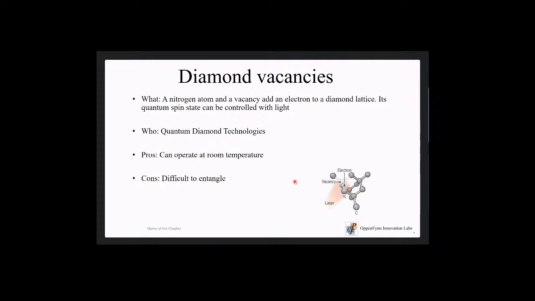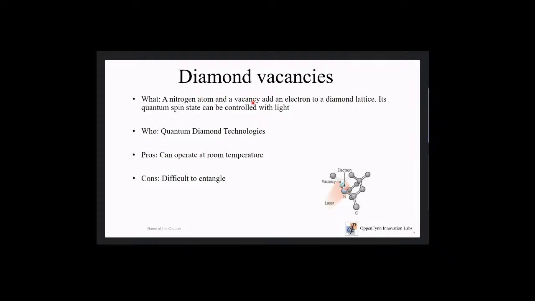And another way to implement qubits is diamond vacancies. As you know, a diamond lattice is carbon atoms. So what is done here is sort of like doping. You have a nitrogen atom in the diamond lattice, and